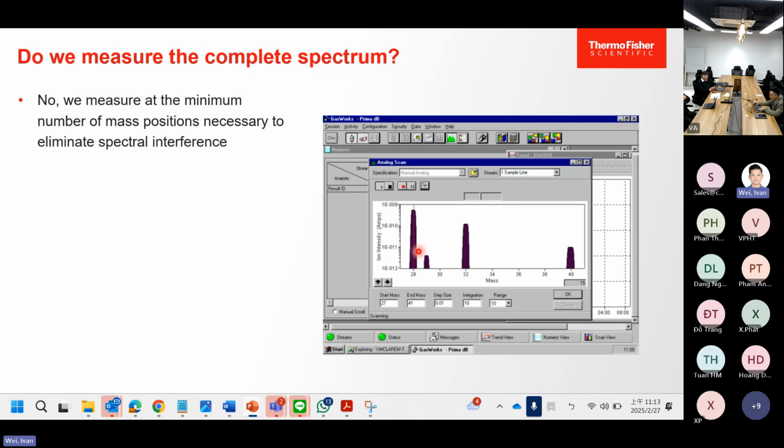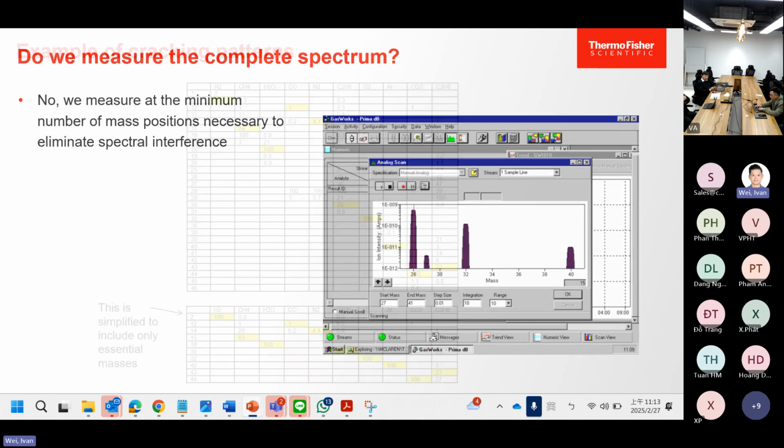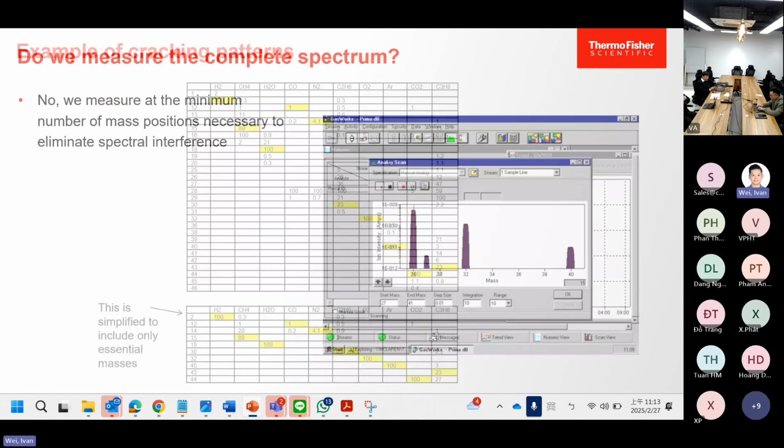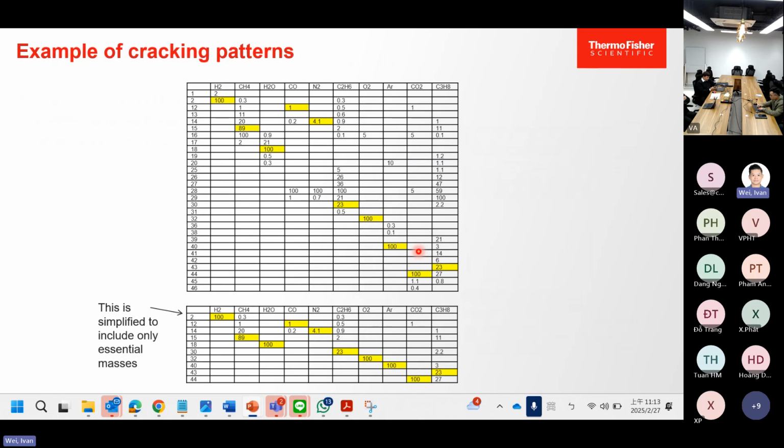When the customer is discussing with you, you have to know what gases they want to measure. Are they measuring CO2, O2, argons, or other process gases like methanes, propanes, C2H4, etc.? This is the reason why we want to figure out what the customers want to measure. This is a really good example right here.